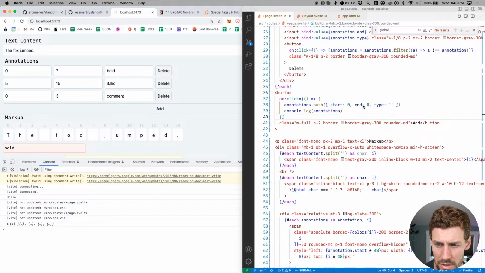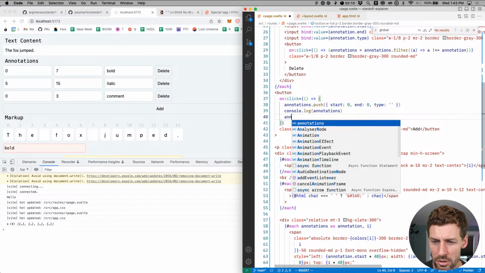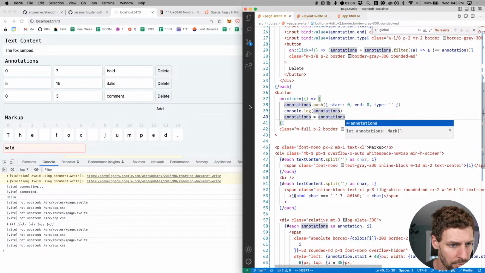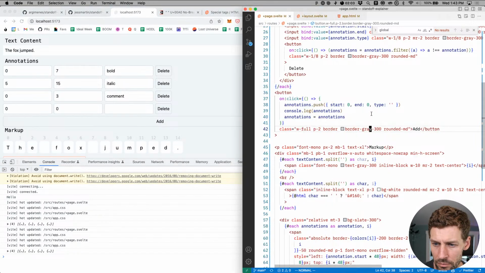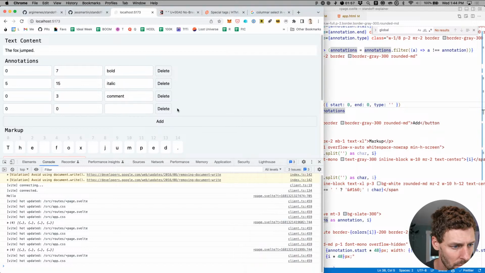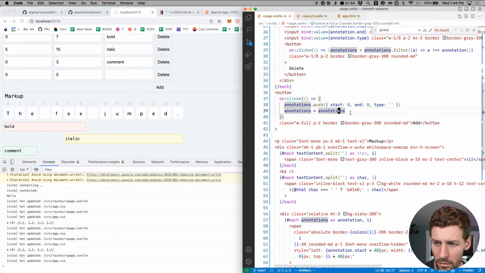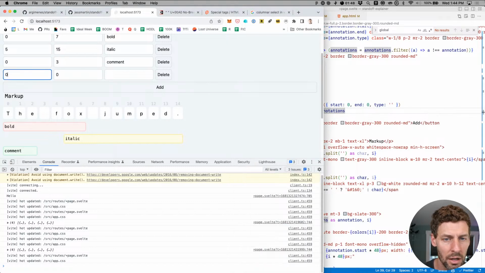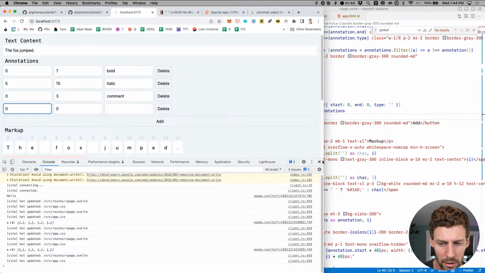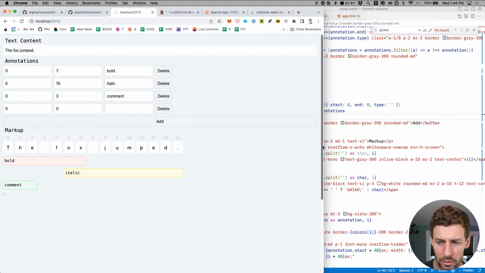Okay, cool. So it did, oh, but we have to do annotations equals annotations for it to update. There we go. Rad. All right, and so we also probably want to skip over annotations that are not permanent. So this is working pretty well here. So you got the fox